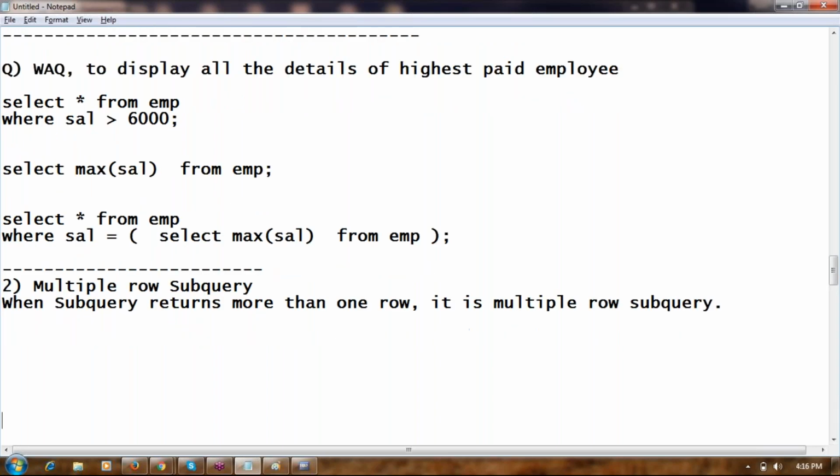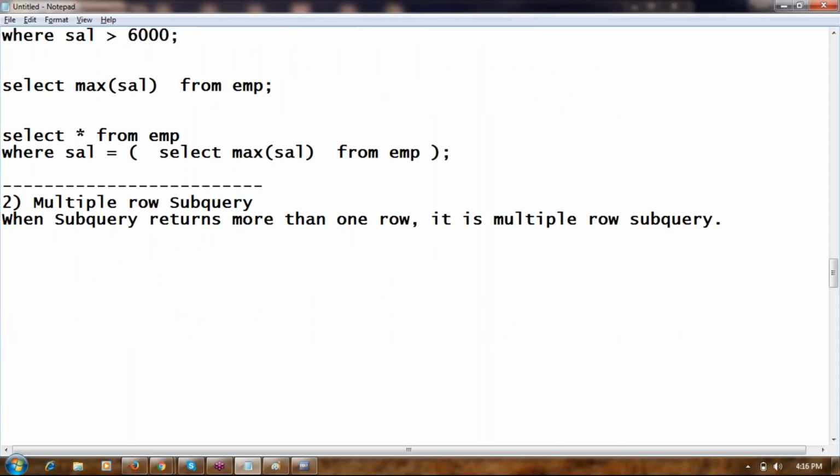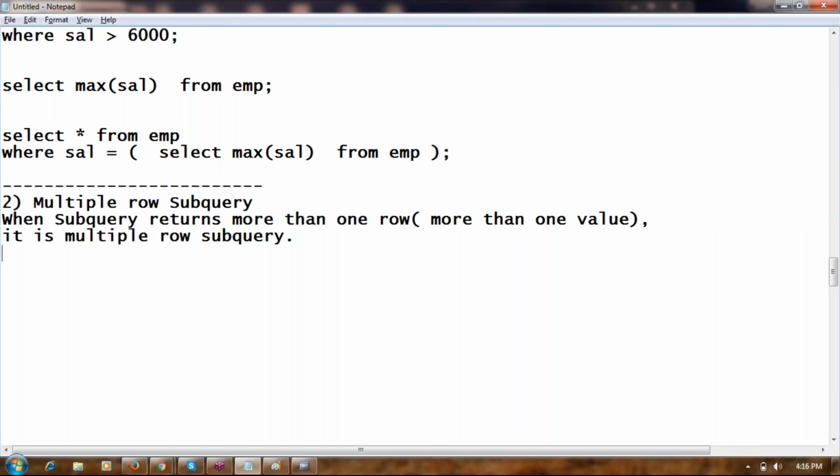When a subquery returns more than one row, it is a multiple row subquery. More than one row is nothing but more than one value. Best example. Look at this.